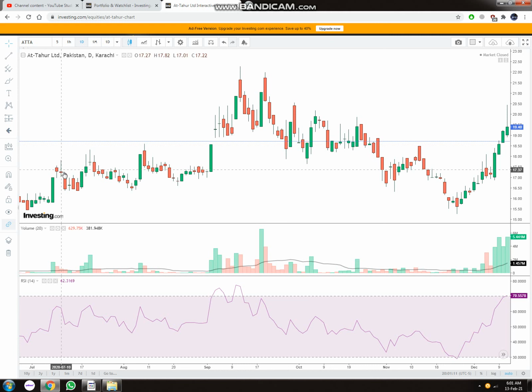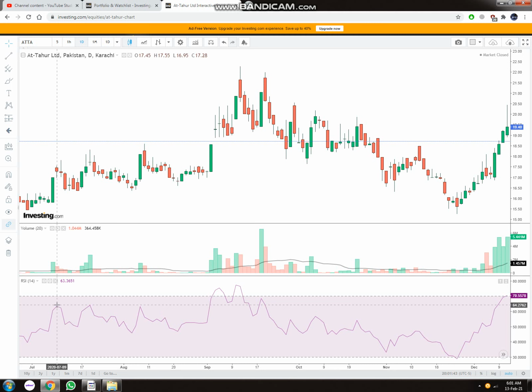These were overbought areas, so investors sold. Again, they were now oversold areas, so the buyers bought the stock and pushed it upward. Now again they are overbought. First of all, you will have to recognize those areas that are overbought and oversold. Besides 70 and 30, you can plot your own overbought and oversold areas and use them for your trading.